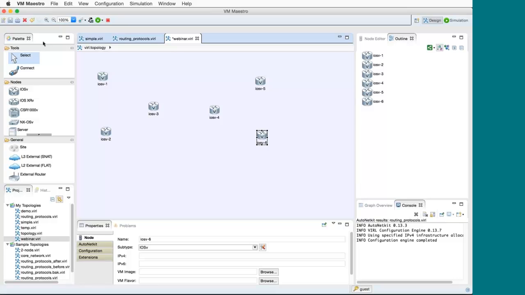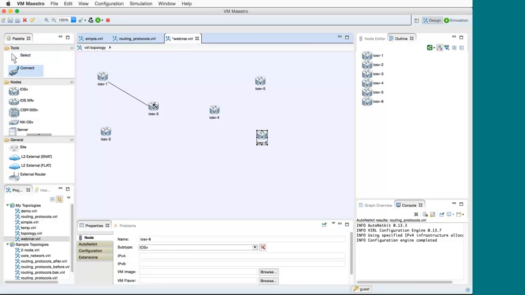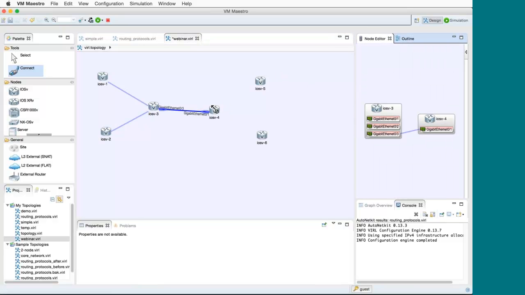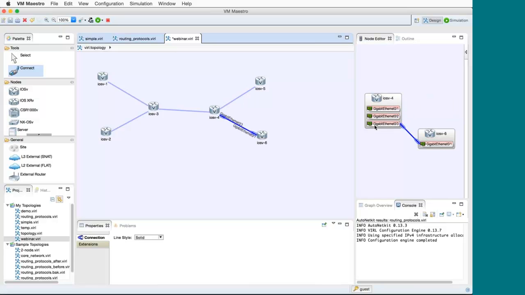And then similar thing with connections. When you're creating connections, as soon as you finish one connection, you can then click and create the other one. It stays in the connection tool. I'm also going to show here in the node editor, you'll see that as we're adding connections, for example, iOS v4 has two Ethernet interfaces. When I create a new connection, iOS v4 gets a new DE03 interface. So every time I add a connection, interfaces get auto-created,